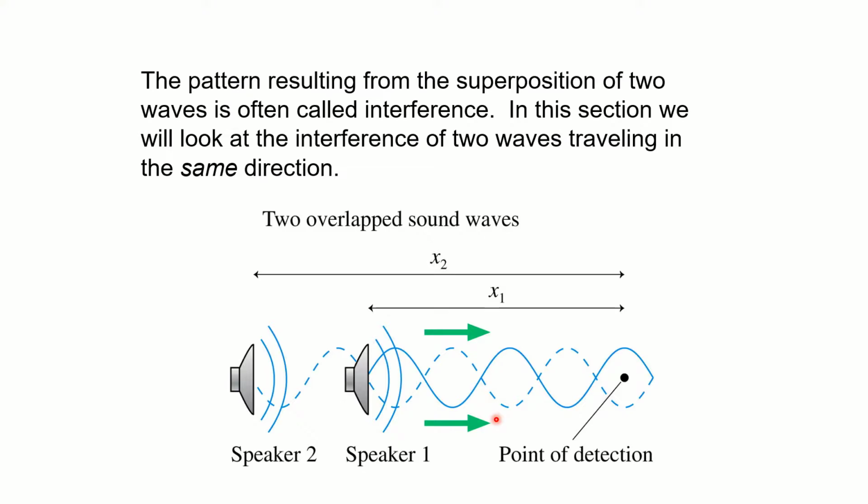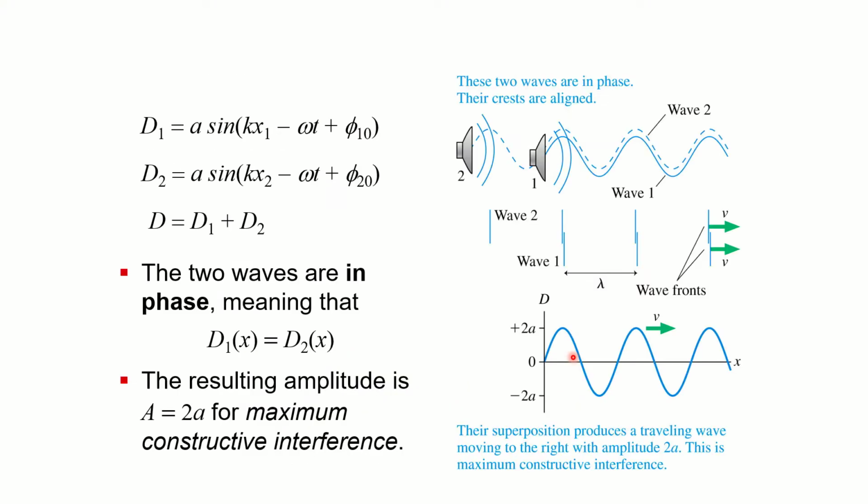line up, right? So if we look at, say, two speakers producing the same note at the same amplitude, the same volume, and I'm at a single point in the room, how those waves add together is going to determine the sound that I would hear. And what determines how those waves line up is that phase difference. And if they're playing the same note, that phase difference is going to involve the difference in distance I am from each speaker, this x1 and x2.